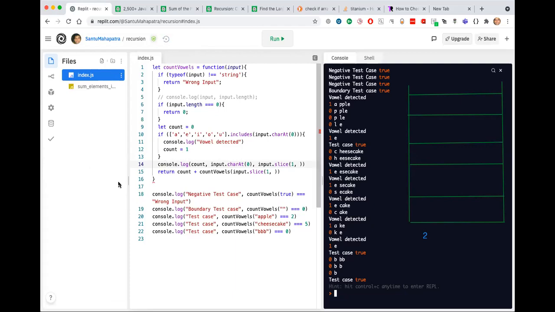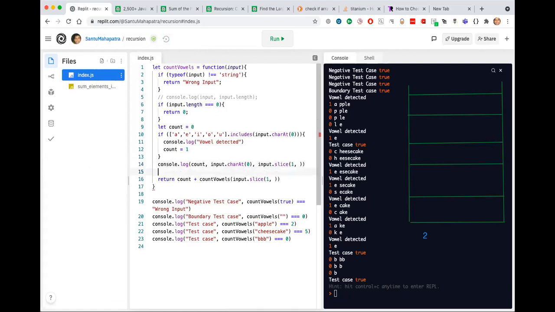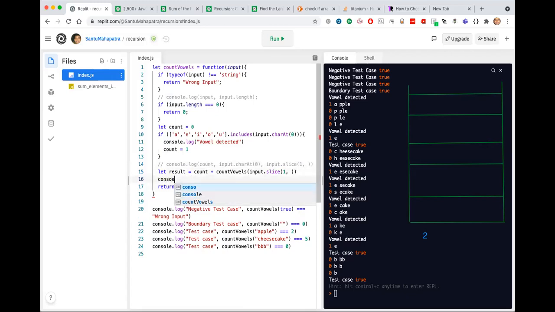So if I had to do it, I could have created another variable here called result equal to count plus this. Return result, and I can print out count.